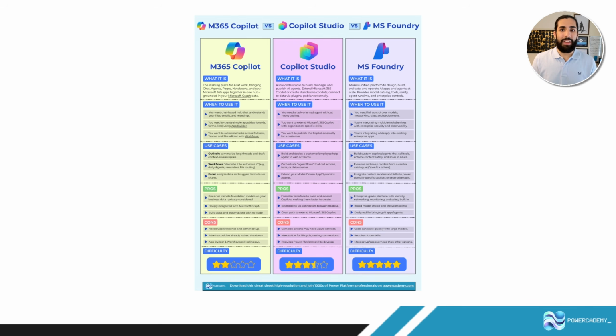But this breaks down the differences of the core Microsoft AI stack that we have available right now. So M365 Copilot, which I'm sure a lot of you are familiar with, which is kind of your ChatGPT chat style interface, built in for personal productivity or even very low grade custom agent development as well. Of course, this is something to be used more so by users and more so from a consumption perspective, rather than actually trying to build a custom agent completely from scratch,